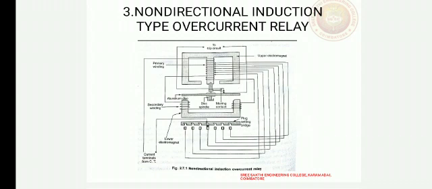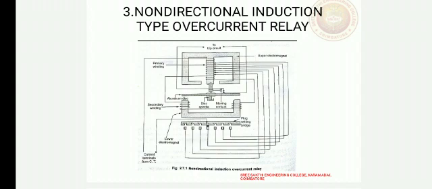The upper magnet has two windings, primary and secondary. This winding is tapped at intervals. The tappings are connected to a plug setting bridge. With the help of this bridge, the number of turns of the primary winding can be adjusted. There are usually 7 sections of tappings to have an overcurrent range from 50% to 200% in steps of 25%.